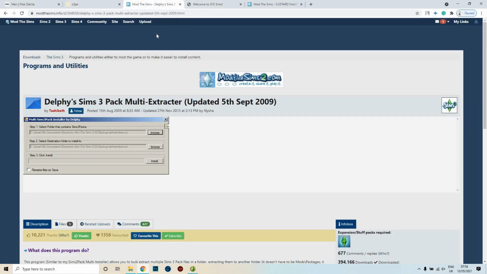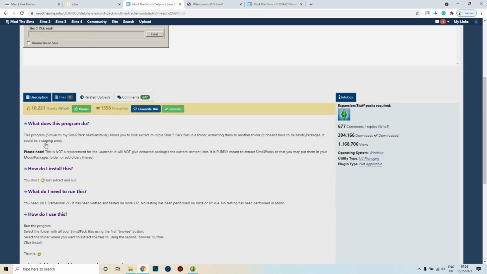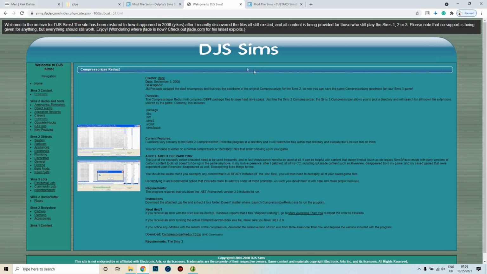You are going to need Delphi's Sims 3 Pack Multi-Extractor. Okay, you're gonna need this. Go ahead and download DJS Sims Compressorizer. So this is something that I don't really see Sims 3 players mention often for some reason. I don't know why. Maybe they just don't know about it, but the way I learned about this was because